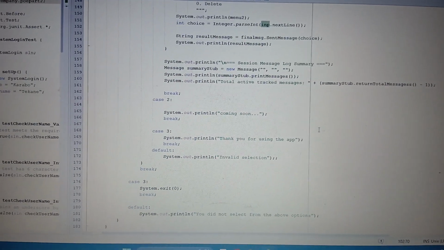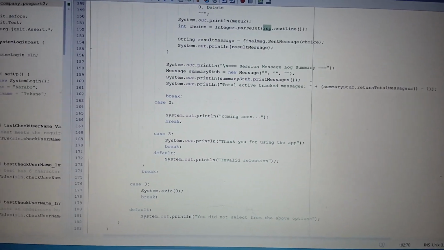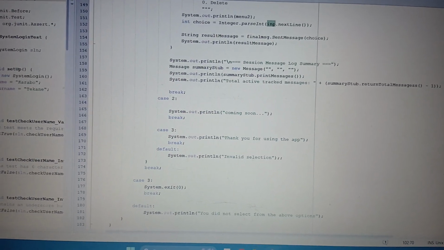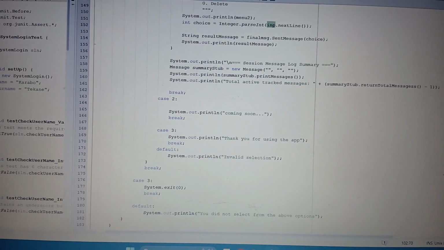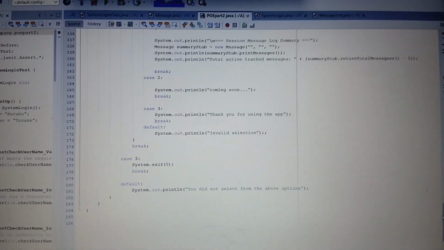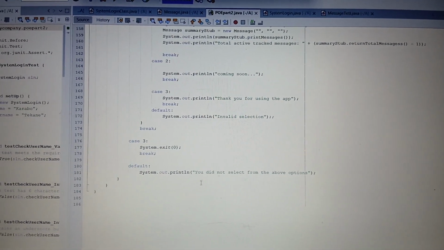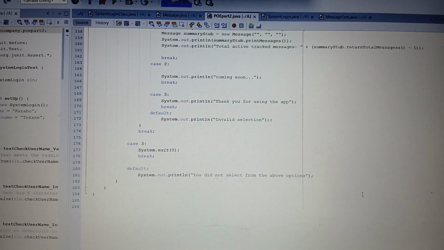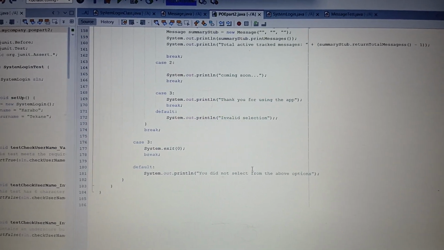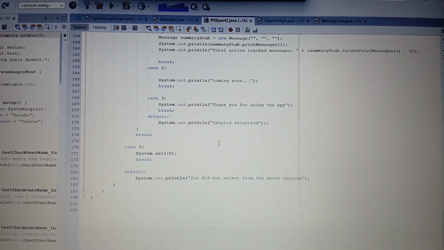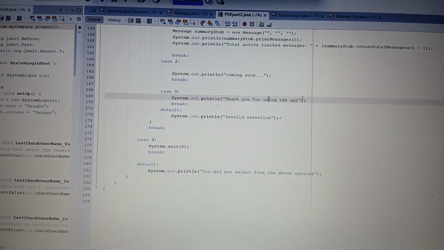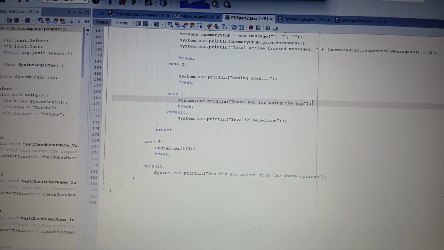And then here we have the session message log summary, which summarizes everything that the user did, which gives a summary of the message hash, the message ID, and the message information. And then here we have the System.out.print: you did not select from the above options. If the user does not select any of the options and just inputs something that is incorrect, and then it says here, thank you for using the app. Once the user